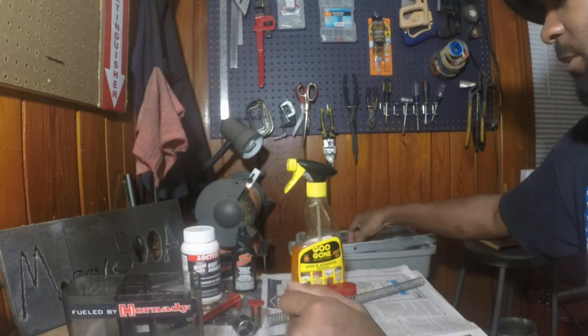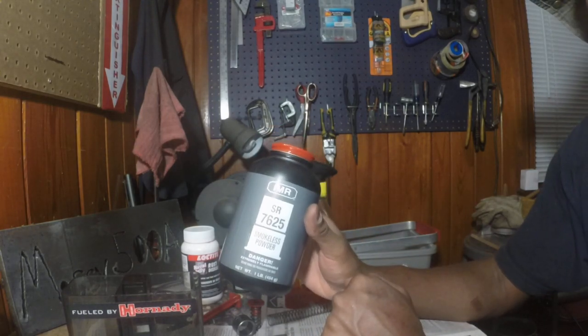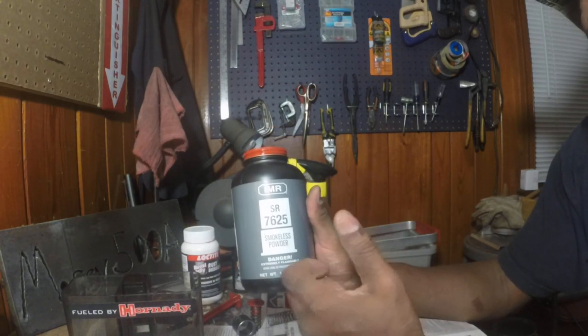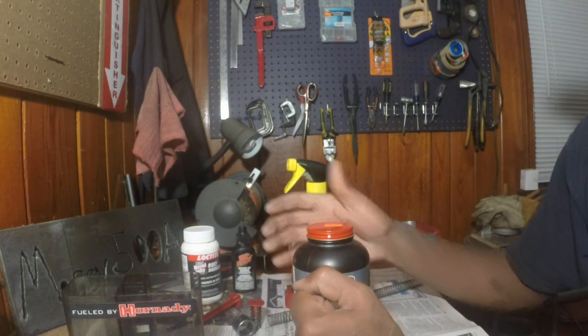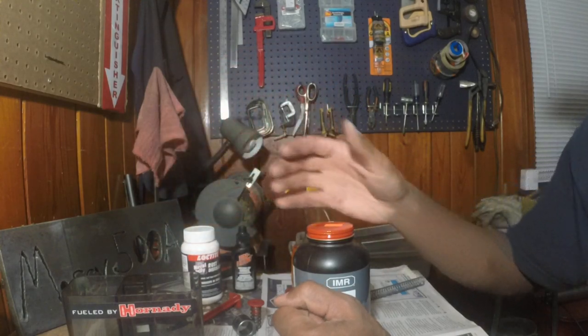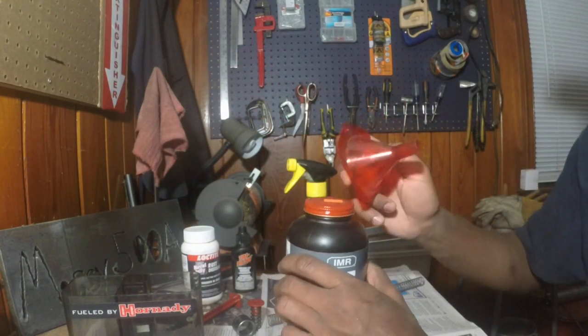What I did was, before I took all this apart, I got a funnel. This is the powder I've been using for buckshot since 2011. And sadly, they don't make this powder anymore. Some pretty good stuff. Basically, I just tilted the whole hopper over into this funnel to put all the powder